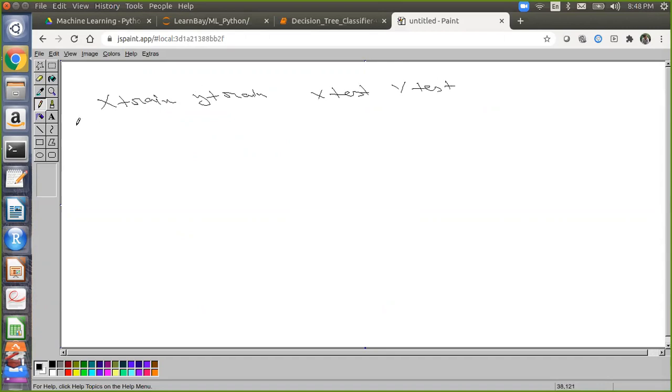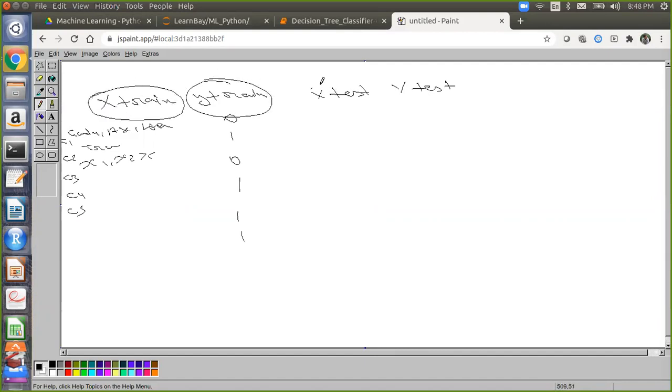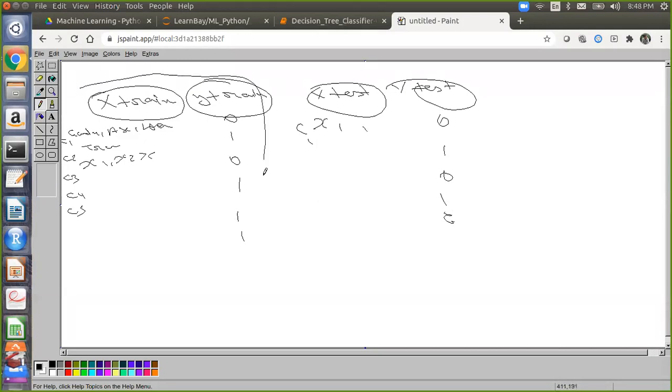Now what will be happening in X train? X train will contain all these values: gender column, age column, loan column, transaction column, all your features X1, X2, X3 and all that. These are the customers available: customer 1, customer 2, customer 3, customer 4, customer 5, with features and the corresponding target variable. So X train will have features and Y train will have the target. Similarly, X test and Y test have features for each customer and target variable 0, 1, 0, 1, 0, 1. Now you will do your model training on this data.